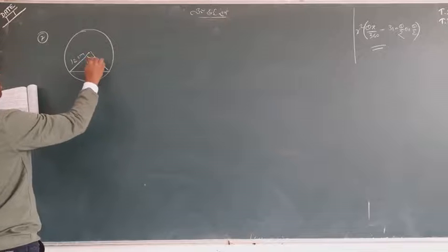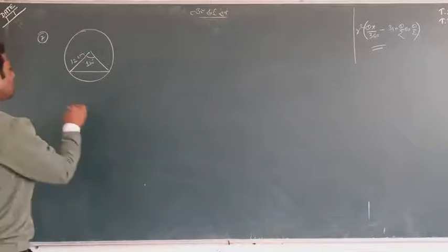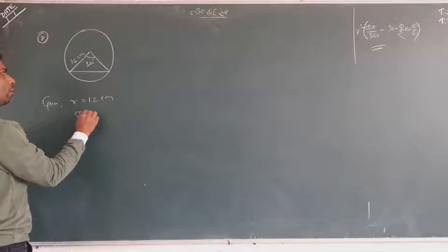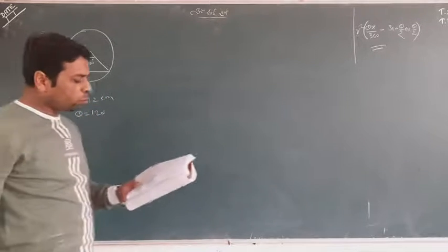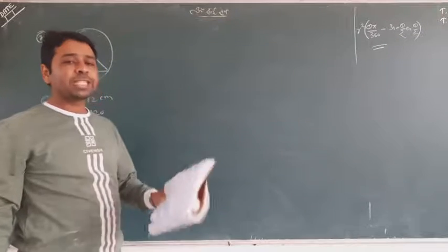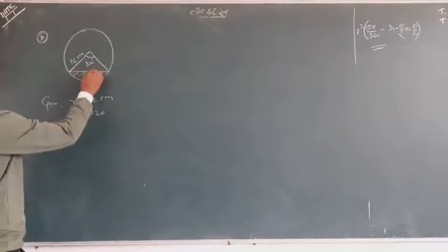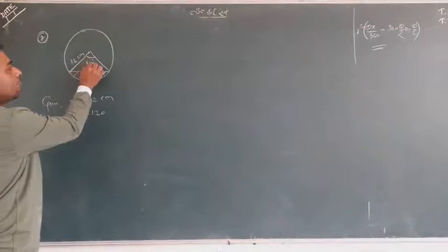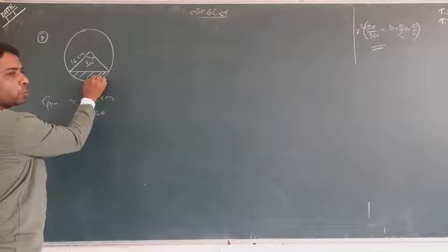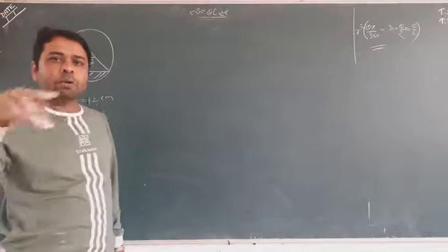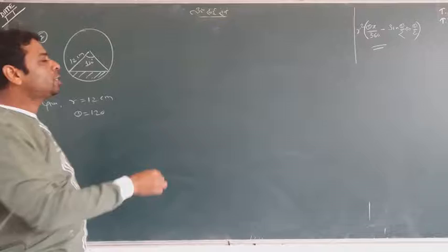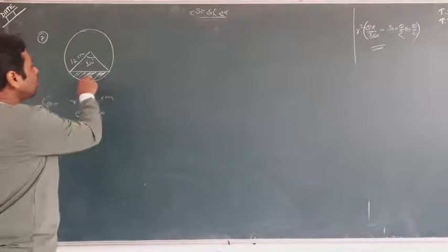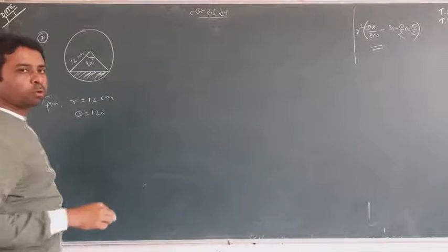Now this is very important. It's 120 degree. So what is given? Radius equal to 12 centimeter and theta equal to 120 degree. We are told to find the area of the corresponding segment. So again the same thing is coming. What is the meaning of corresponding segment? Where the theta is given. When theta is equal to 120, corresponding segment is called this one. That's simple. So this part is called the corresponding segment of this theta equal to 120 degree.